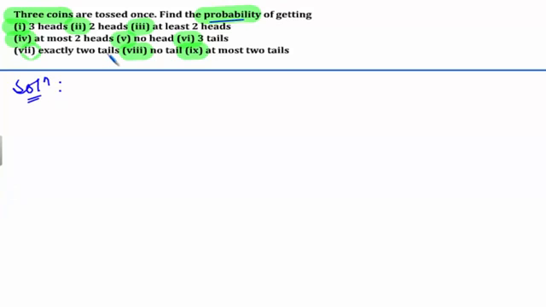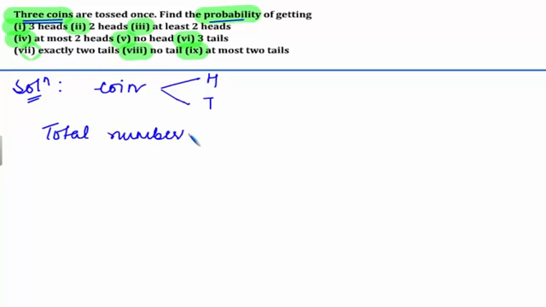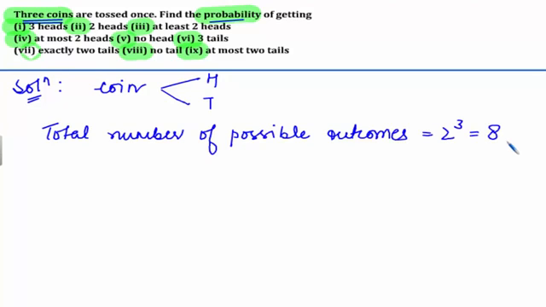Before finding the probability, first let us find the sample space when 3 coins are tossed once. Now we know that when a coin is tossed, the possible outcomes are a head or a tail. So here 3 coins are tossed. Therefore, the total number of possible outcomes is 2 raised to the power 3, which is equal to 8. Therefore, the sample space of the experiment will have 8 outcomes,